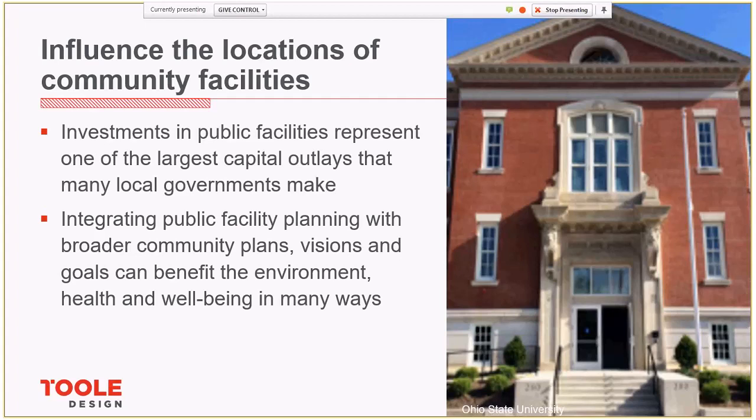And then to wrap up today, I wanted to give a final suggestion of a way that we can become more involved in local land use decisions, and that is in the decision of where locations of community facilities are. Regardless of whether or not a community has a comprehensive plan or zoning in place, they send strong messages about their community goals and priorities through the way that public facilities are provided. These decisions should be made with the benefits and costs of the entire life cycle of the project in mind.